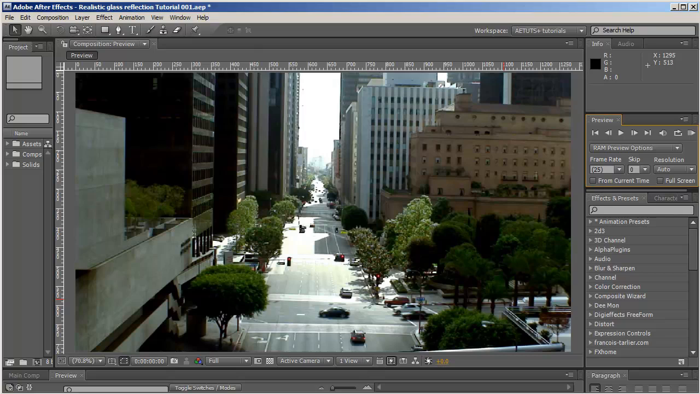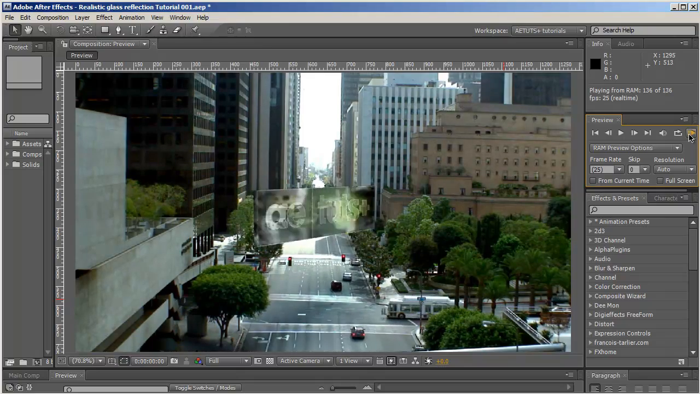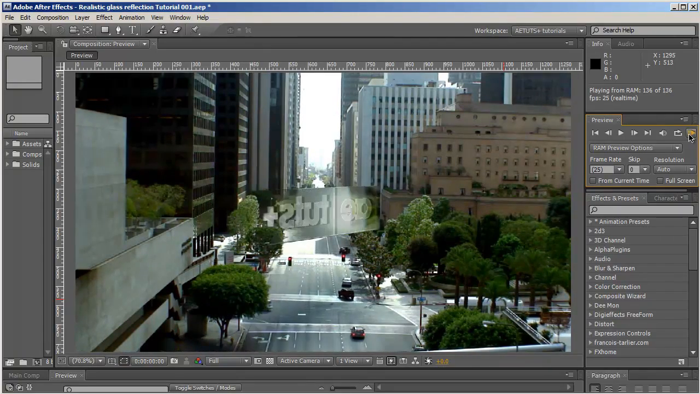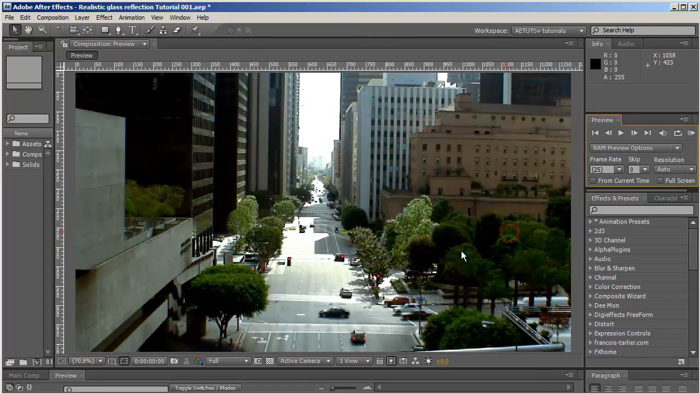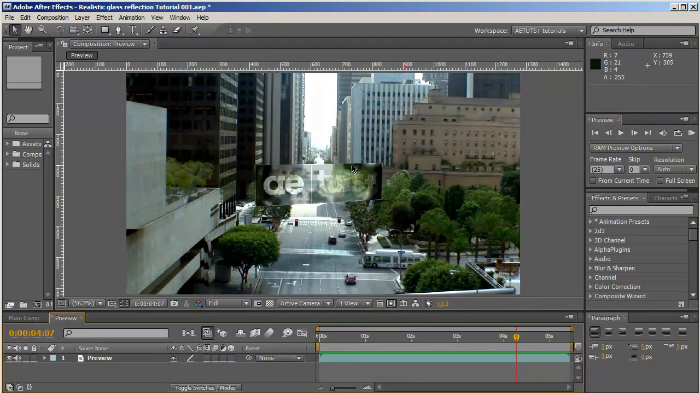And first, let's have a quick preview. Okay, so to create this effect of glass reflection that's reflecting the background, we're going to need to use two